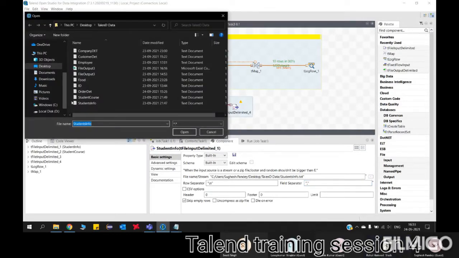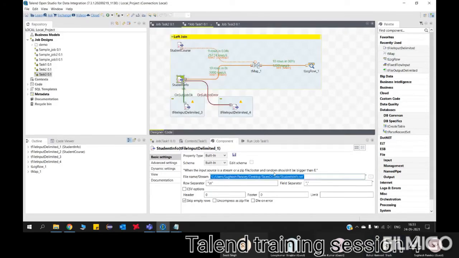No need to search. Just remove the file name here, in the file name field. Remove some part, like txt, and run it. Yeah, now you can run it once.